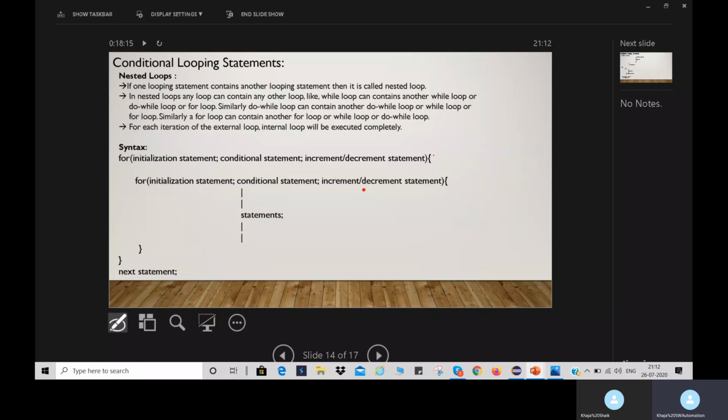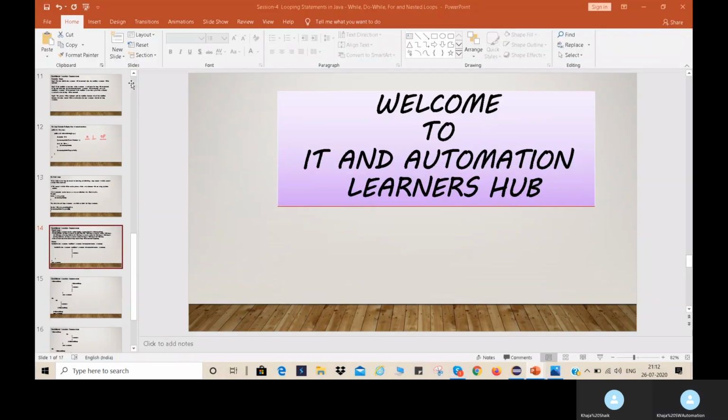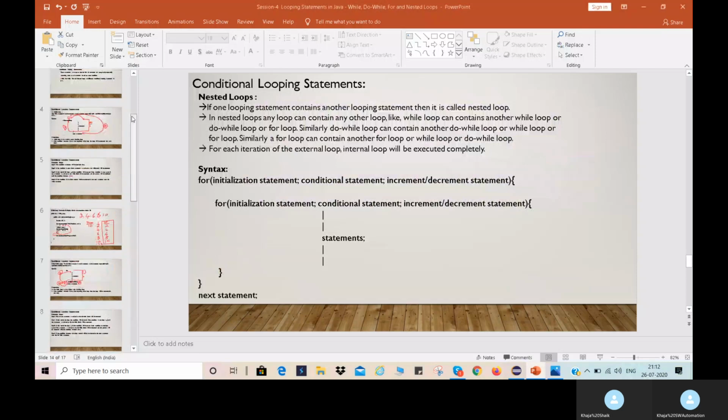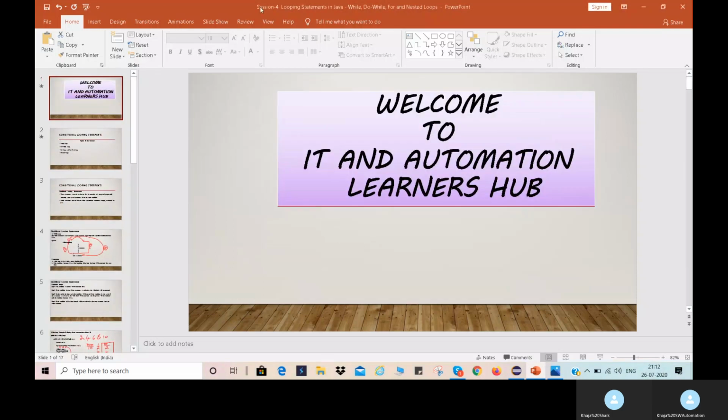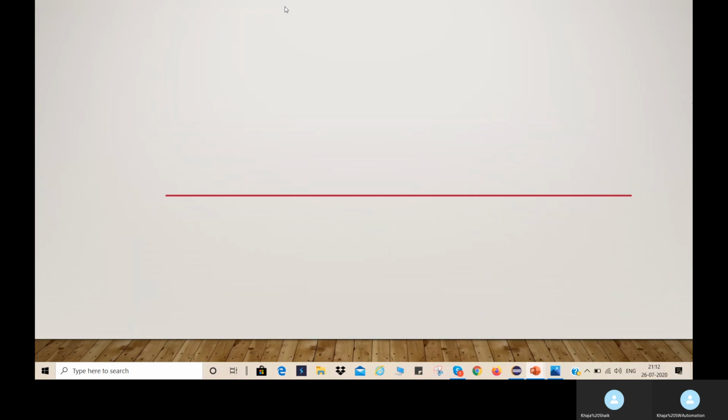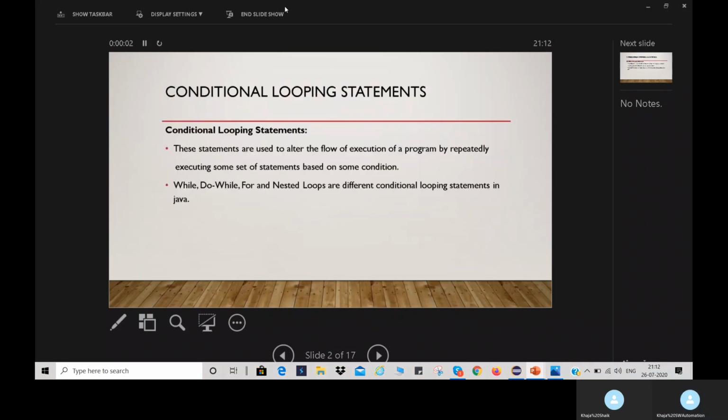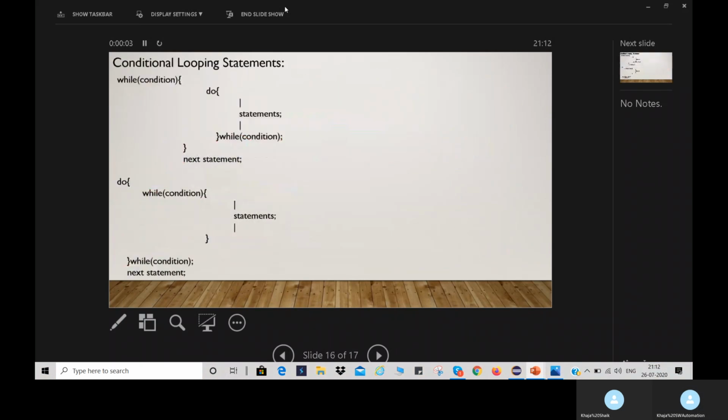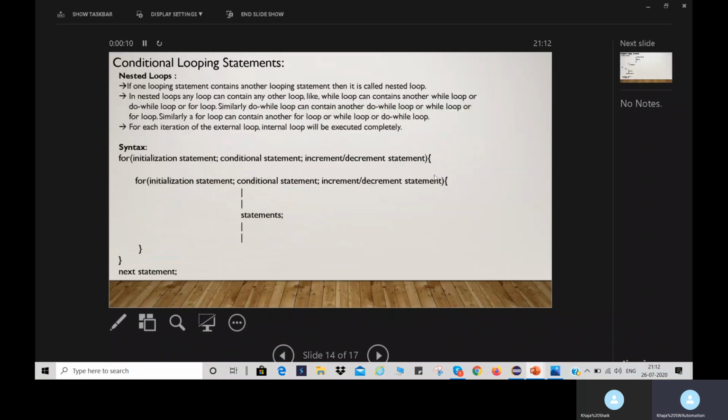So here, let me close this slideshow and let me restart. Any loop can contain any other loop. If one loop contains another loop, then it is called a nested loop.